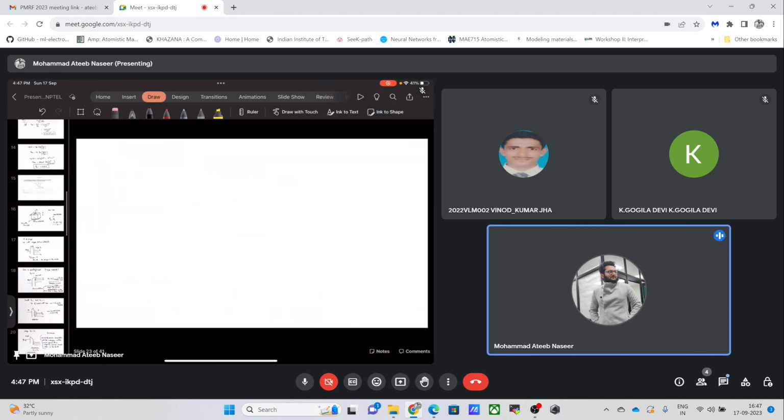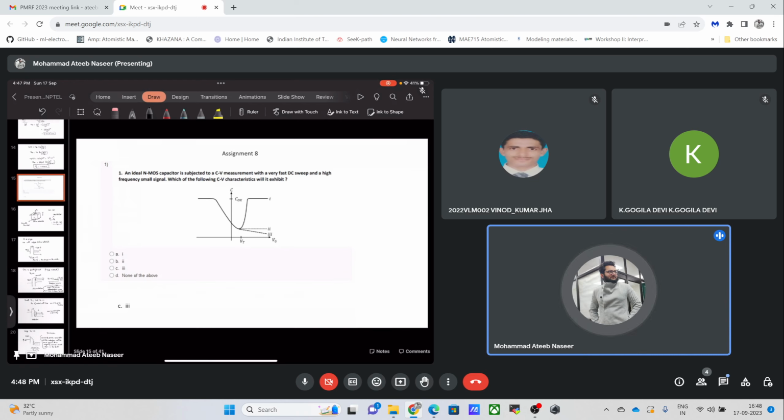Okay. Deep depletion. Yes, this is our main problem. That was the first problem of this assignment. It said that we have an ideal MOSCAP which is subjected to a CV measurement, with a fast DC sweep and a high frequency small signal. We have been told to look into this CV curve and find whether this curve looks like